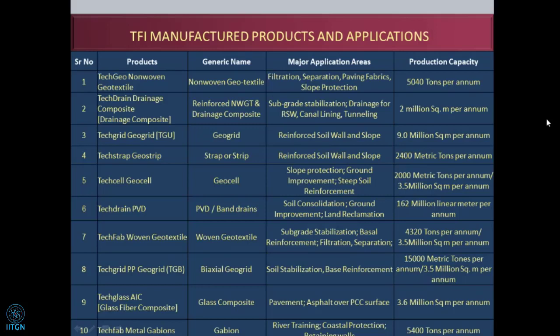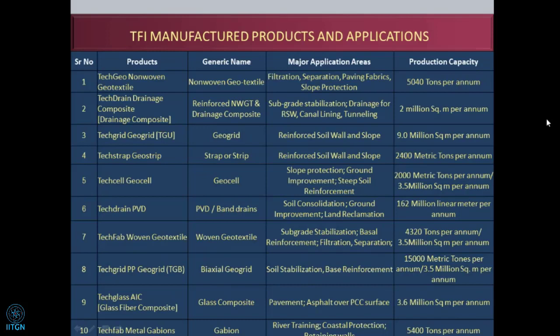Woven geotextiles we started first. In 2003, we started with the woven geotextile only, but every year we have added one product after another, so you can see our large portfolio. And this biaxial geogrid, as Dr. Amit Prasan also mentioned, there are now so many other products in the market, but this biaxial geogrid